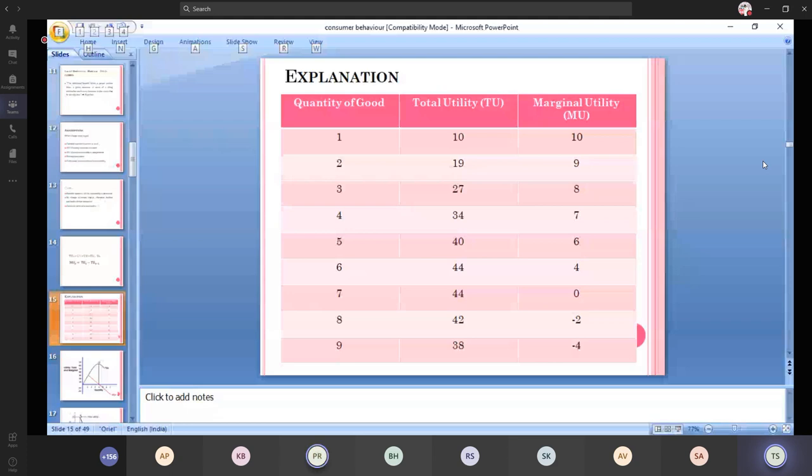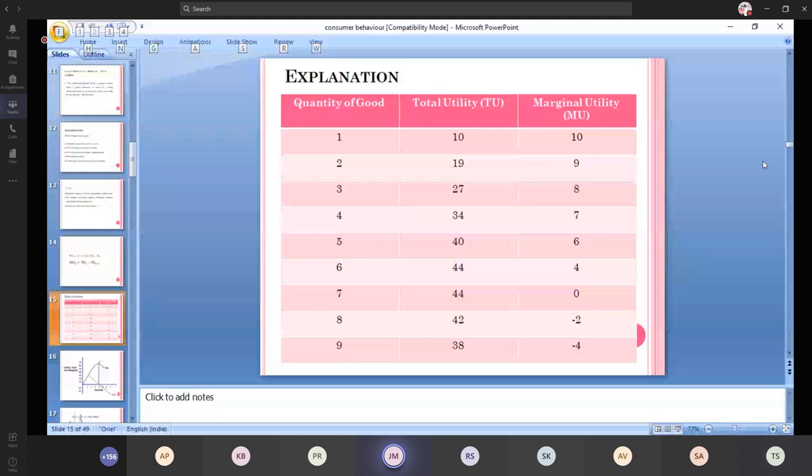I think he is buying regularly, so it becomes a necessary thing. Okay, it's correct. The sixth and seventh products are the same, so there is no increase or decrease in satisfaction.